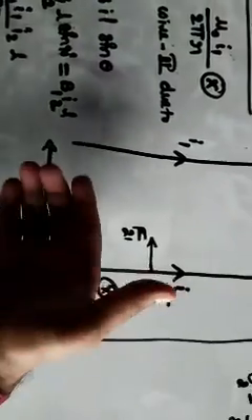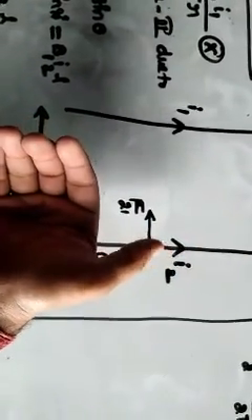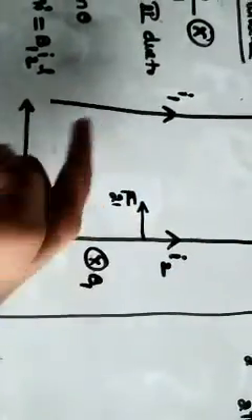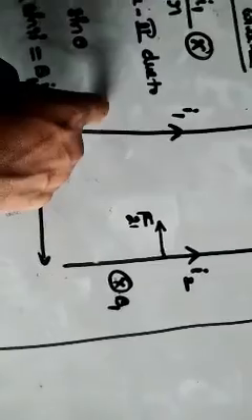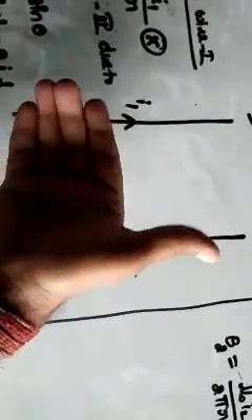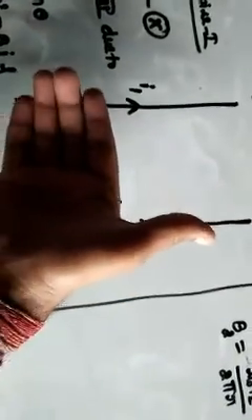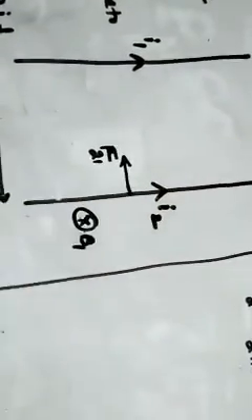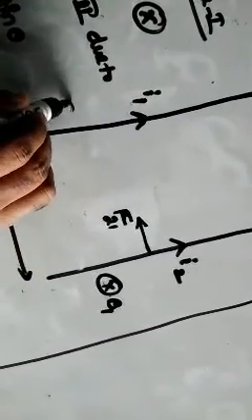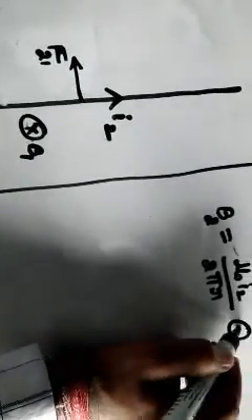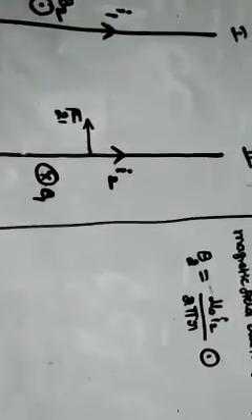So what is the direction of magnetic field B2 here? Again apply the right hand thumb rule. This is the current I2. The curling of fingers will be like this. On this side it is inside, but here it is outwards. I want the direction of magnetic field at the first wire. From the second wire the fingers are moving away, so this is the direction of magnetic field B2. Circle dot means outwards.